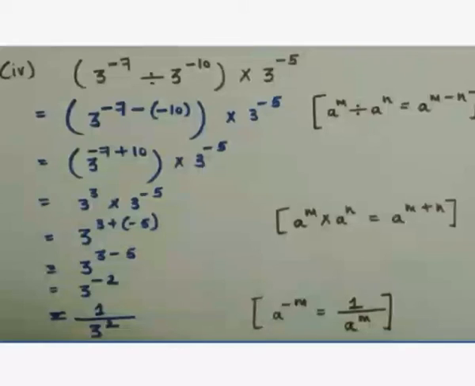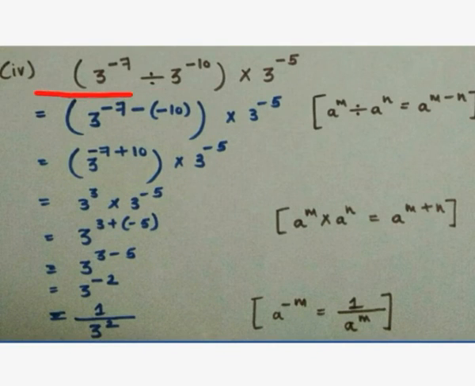Now here we have an expression based on exponential numbers. We need to simplify it and we need to give our answer in exponential form only. Students, solving this expression is not at all new to you because you did it in the last class also. But yes, here we have negative powers which is new to you. So let's see how we can carry it out.